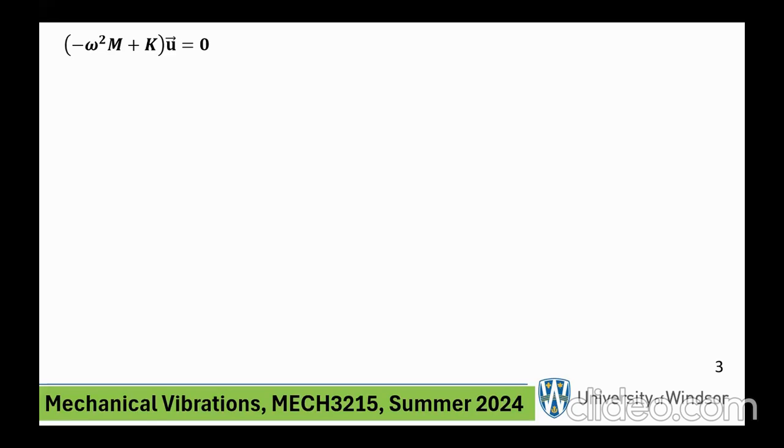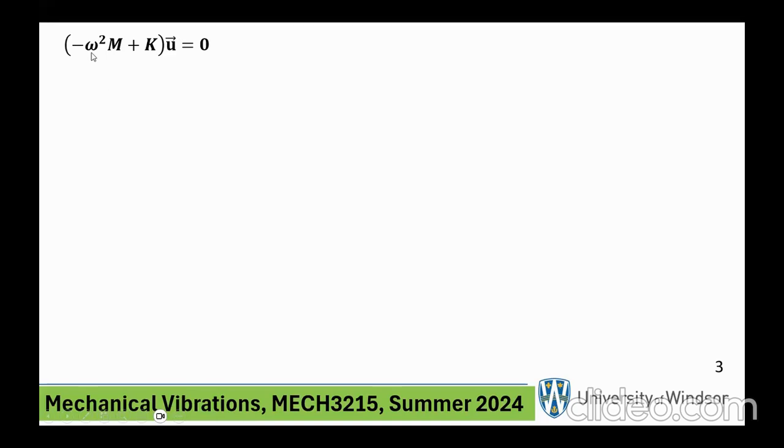We did this on Tuesday, and I strongly urge you to go back and look at it because we're not going to consider the derivation of this at this point. So this omega is the natural frequency, and this u bar or u arrow is the mode shape associated with